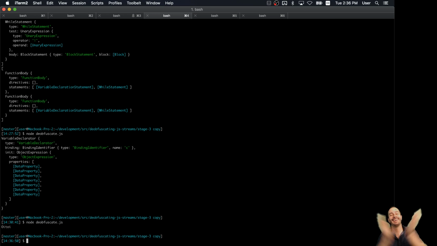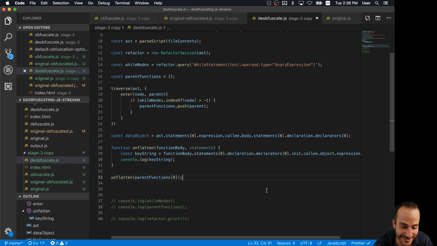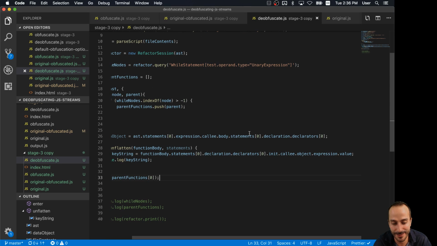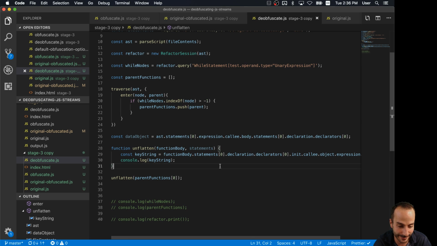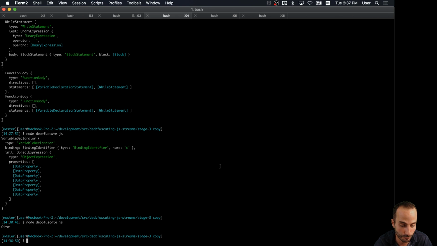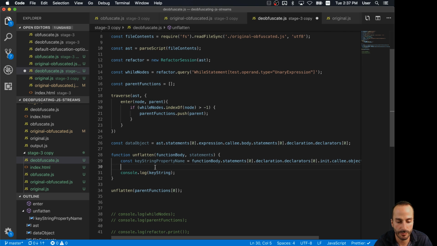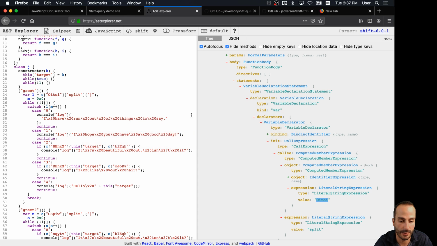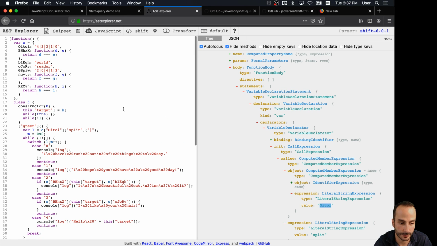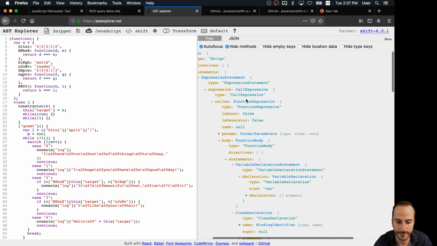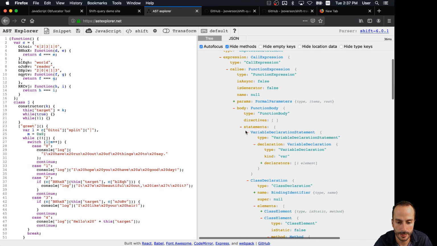It worked. Oh, I just assumed that there would be some sort of problem in this monster. So we've got our key string now, or we've got our key string property name. Okay, so now we have the key string property name. That means we can get it out of the data object, which is up here. And we can get that via